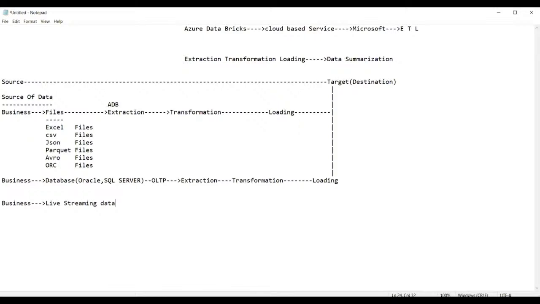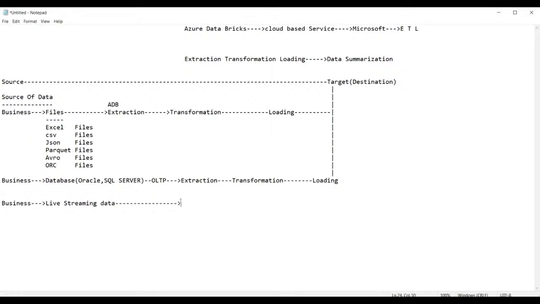Suppose an India versus Pakistan match is going on. You will get the live streaming. Am I right or not? Yes, guys. That is all called live streaming data. Even the live streaming data we pull in here as it is. And this process is called the process of extraction. We perform the extraction on this data.